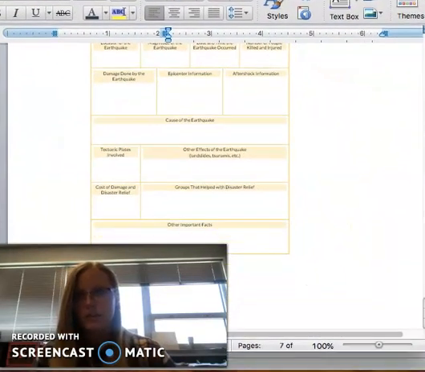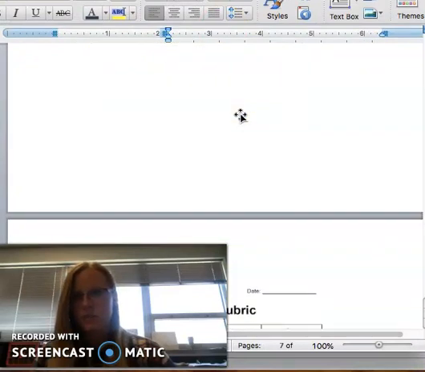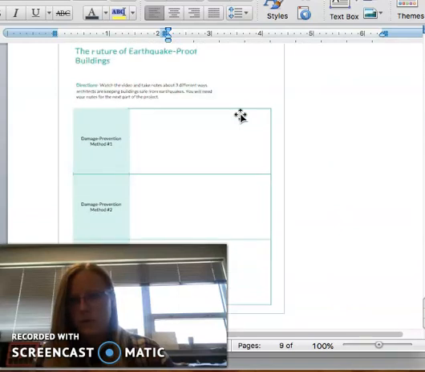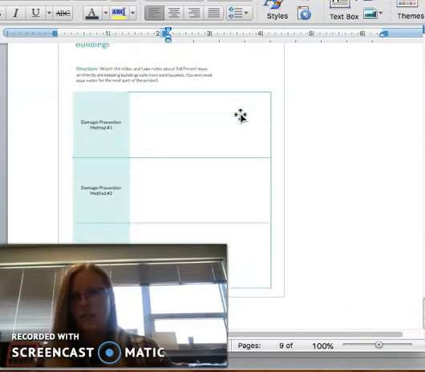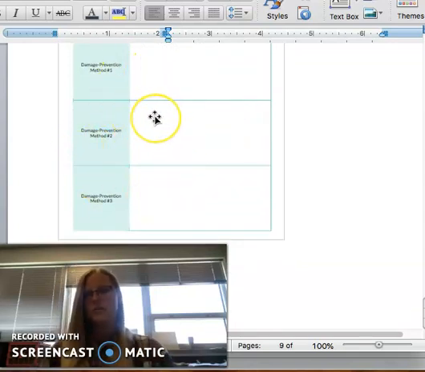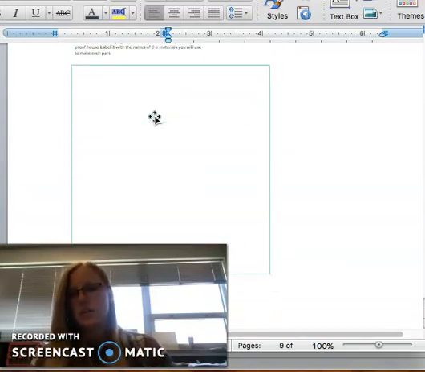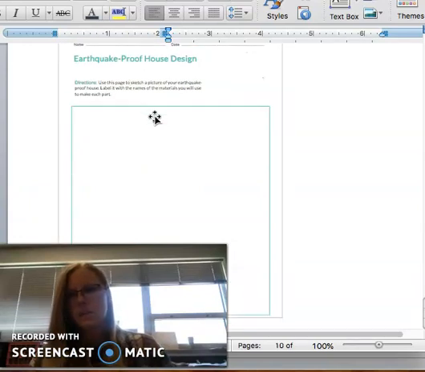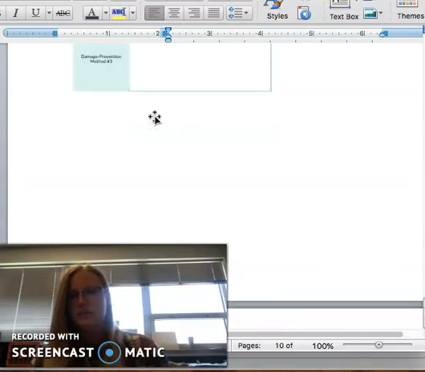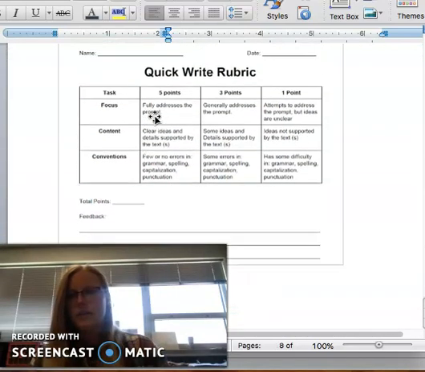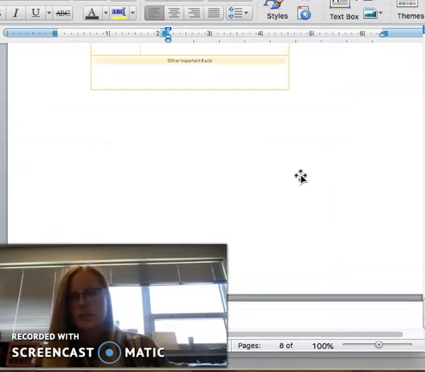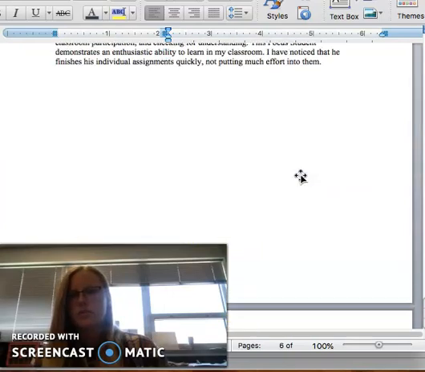Okay, so after you've done your research, you guys are going to look at the future of earthquake-proof buildings. So we're going to pick some materials and some designs, and you guys are going to draw your designs on this sheet here. And then you will approve them with the teacher, myself, and once that's complete, you guys are going to write a quick little essay, nothing crazy, 1 page that answers the questions